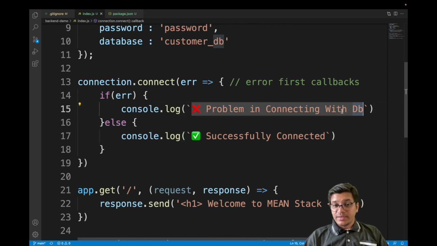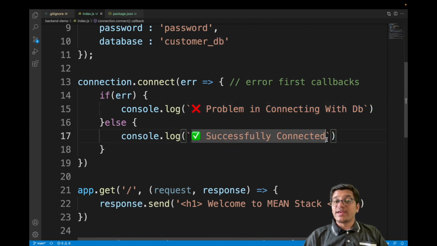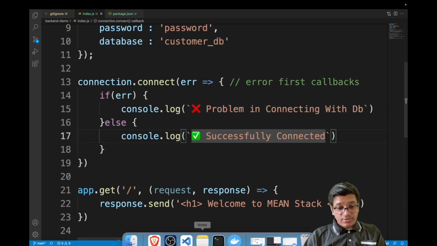Problem in connecting with DB, successfully connected. Okay, now if you run the project,